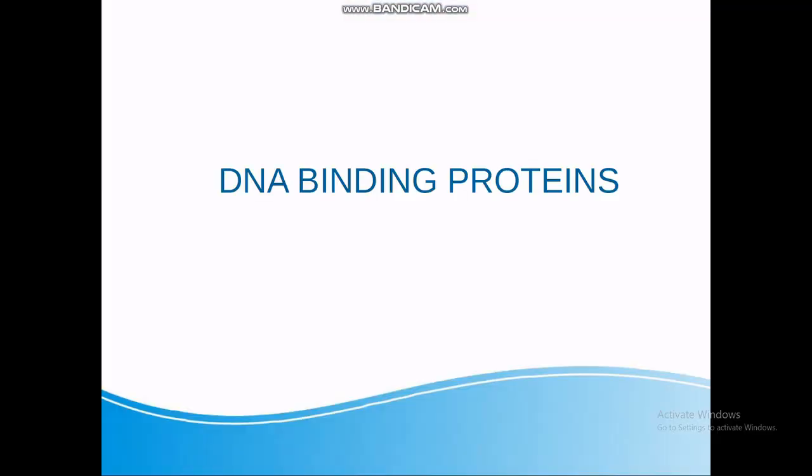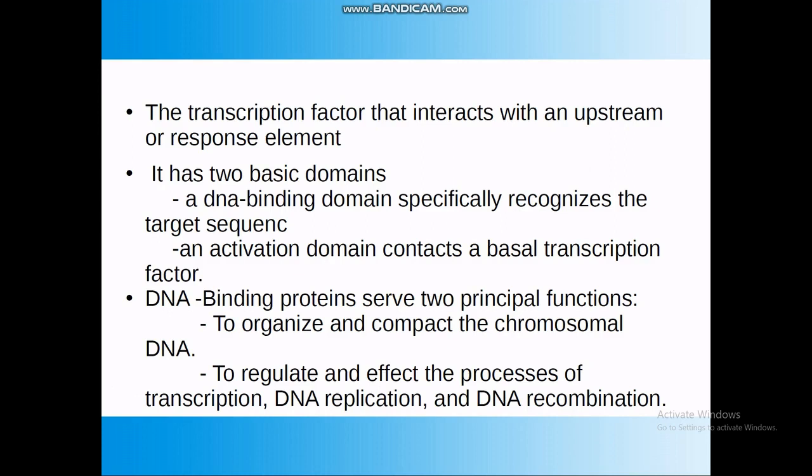Hello everyone. Today we will discuss the topic of DNA binding proteins and identification of protein binding sites. What are DNA binding proteins? The proteins in our cells that help and modulate DNA's functions are called DNA binding proteins. They do many things, like controlling protein production, regulating cell growth and division, and storing DNA inside the nucleus.